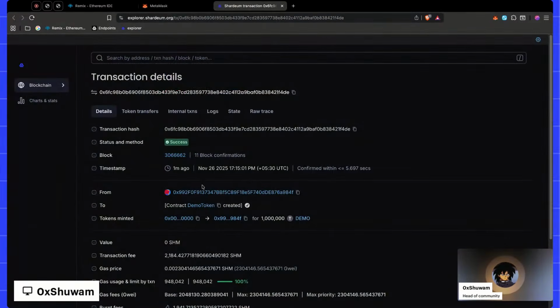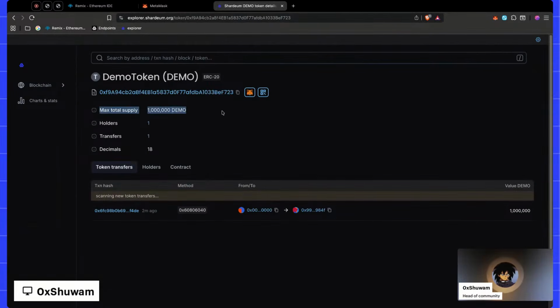So the transaction, the smart contract was triggered, and you can see that we have successfully created a new demo token with the max total supply that we set, which is around 1 million demo token. And now if I want, I can just send it to anyone I want, and I can also add the token here. To add this token, I'll just copy the smart contract, and I'll add the token in my MetaMask